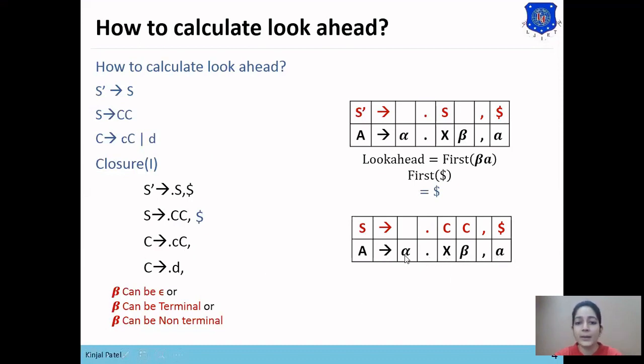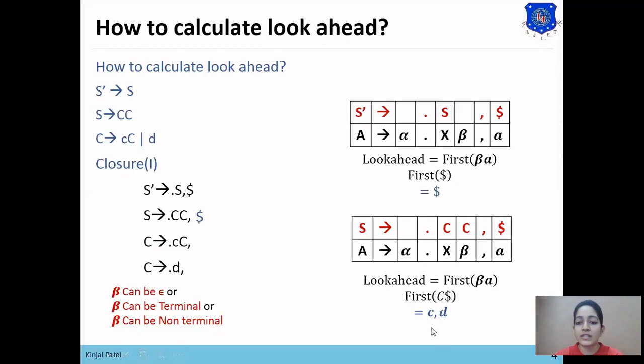Here beta is C, so to find the look ahead we find first of beta a, that is, first of C dollar. Here first of C is the terminals c and d.